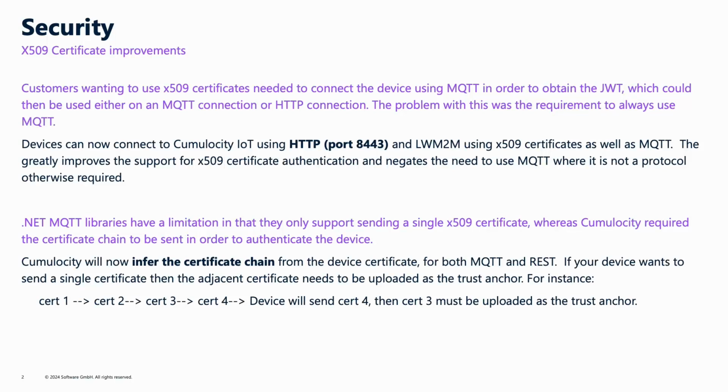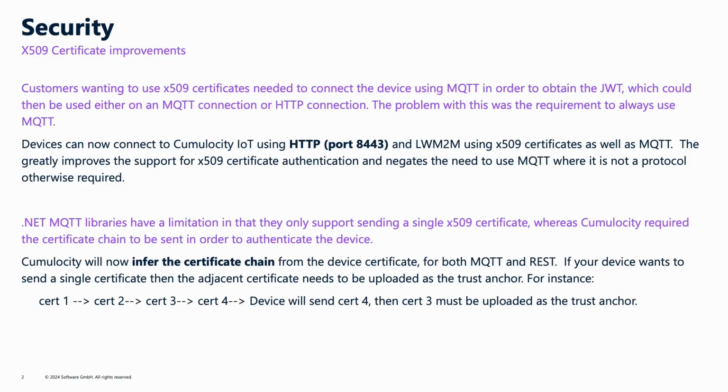Sticking with MQTT then, .NET libraries have a bit of a limitation. They can't send in a chain, they can only send a single device. So what we've now enabled is the ability to infer a device. So you need to send the adjacent certificate as a trust anchor, and then we can infer the rest of